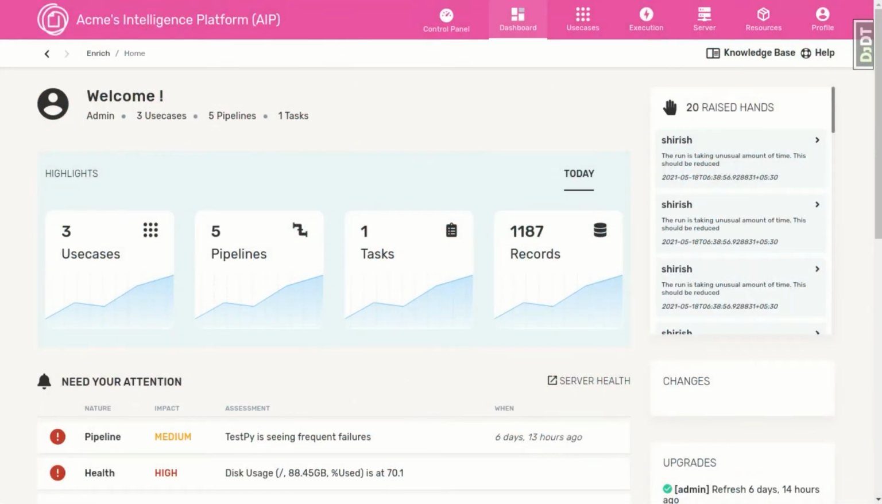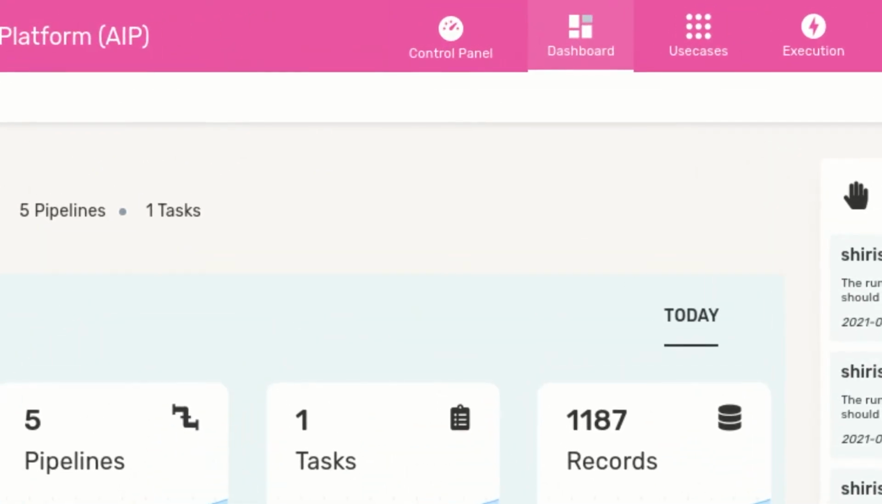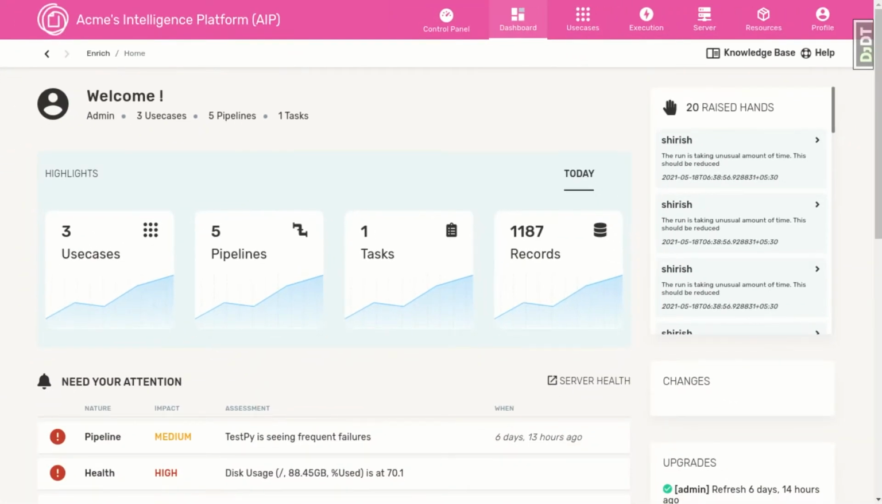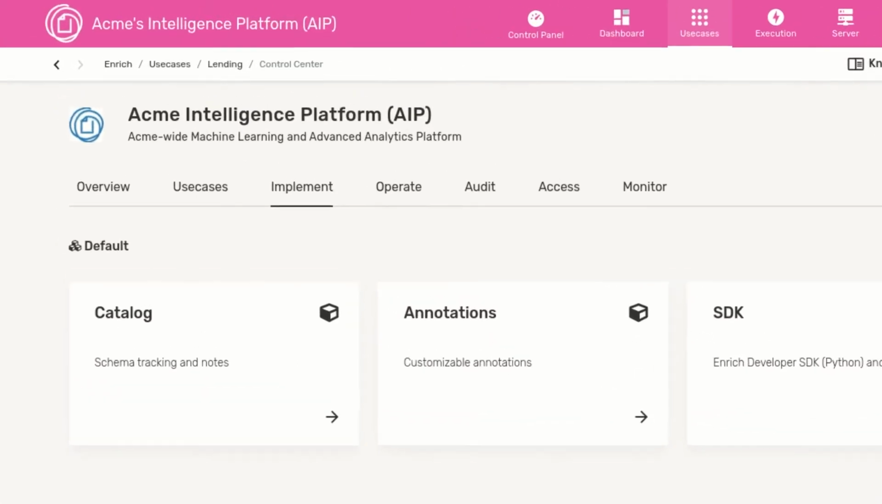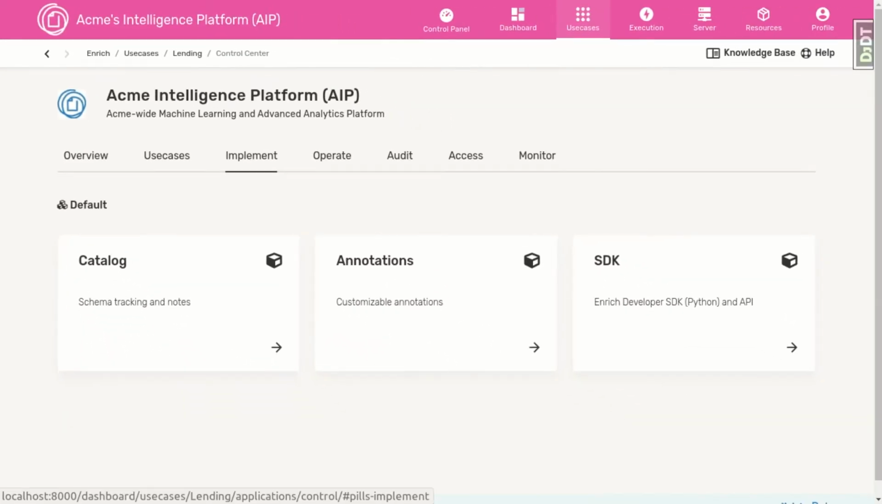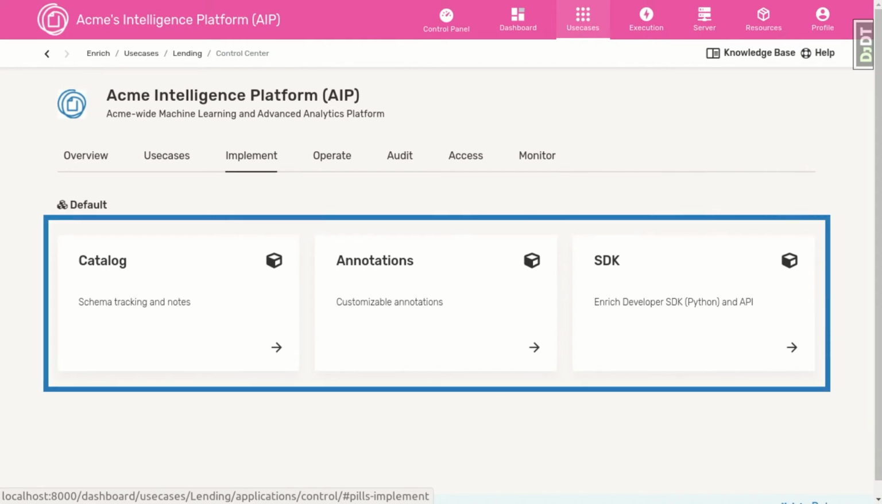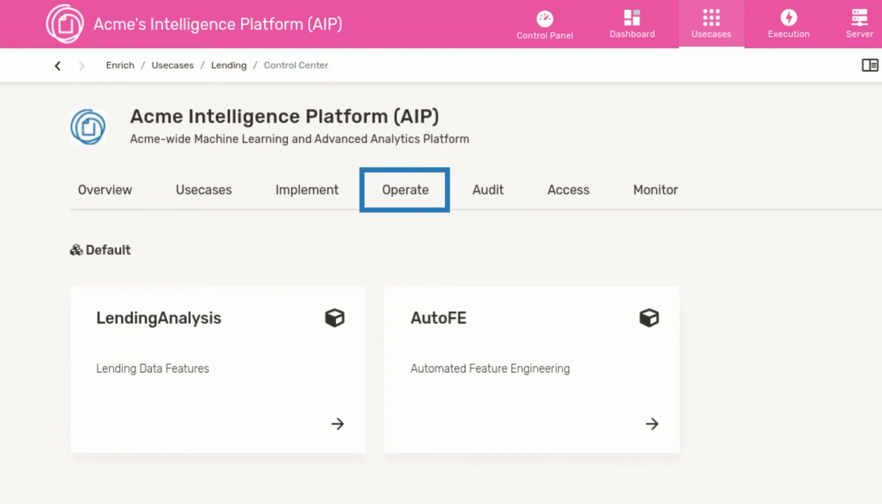Now back to the Enrich GUI. The control panel up top gives users access to the many applications that make up Enrich. Here we get a bird's eye view of everything happening in the system. This tab shows us out-of-the-box functionality within Enrich that is used to implement the pipelines, including a lightweight catalog and labeling functionality. This tab shows us functionality that is used to run the feature pipelines on the system,